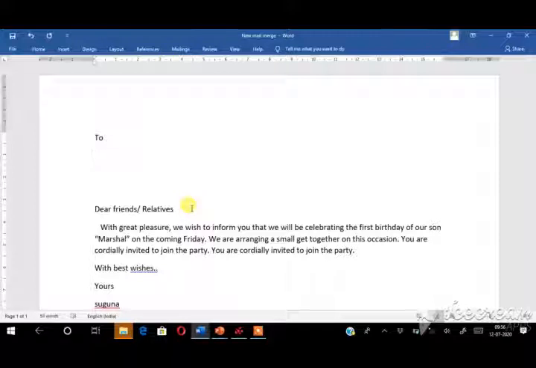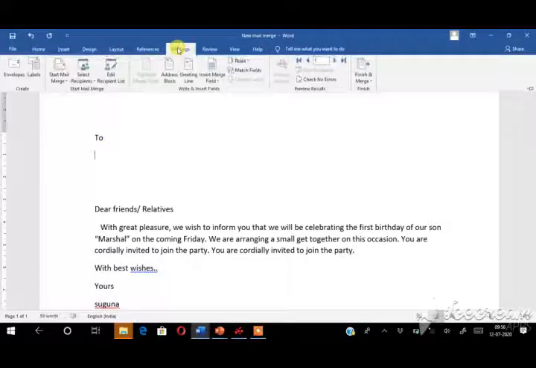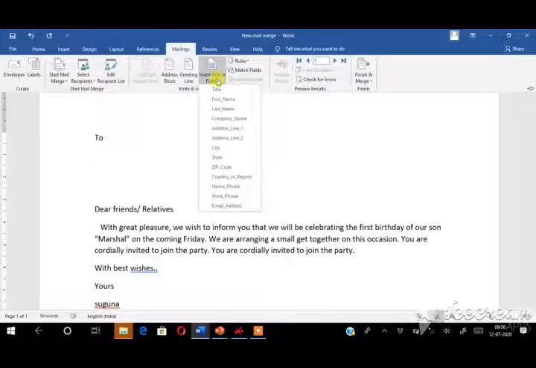Now you have to place the cursor in the main document where you want to insert the two addresses. Here I want to insert the two addresses. So place the cursor here. Now you have to click insert merge field. Go to the mailings tab and choose the insert merge field option. Here all the fields will be displayed. See, in the address fields, I am choosing only the first name, address one, and city.